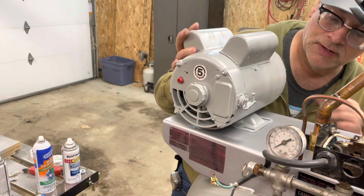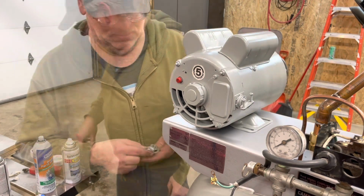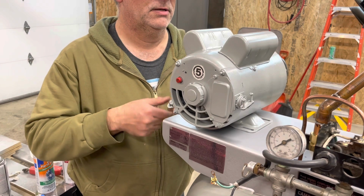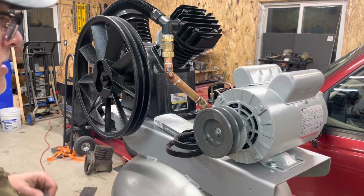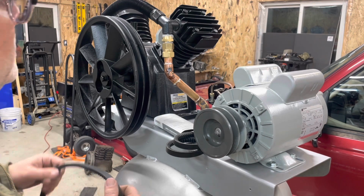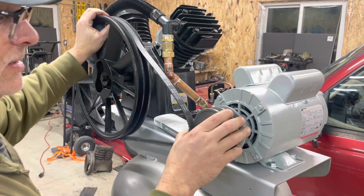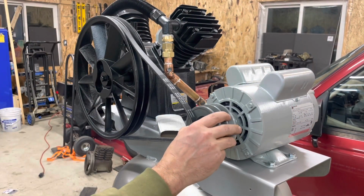Next up is our motor. As you can see, it's fresh off a Krylon rebuild. Nuts and bolts and such to hold this guy in place. I took kind of a wild guess with some belts. I used sewing tape, cloth tape, and holy shit, was I wrong. That is not even close. I'll move the motor in. Yeah, I'm gonna have to...